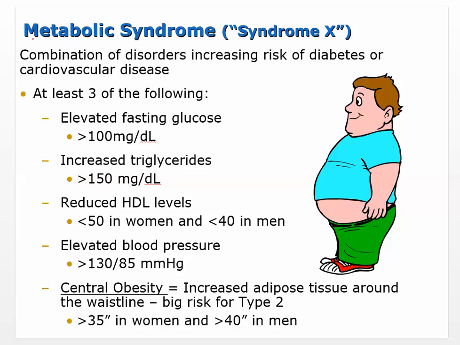Okay, so there's another disorder that's associated with type 2 diabetes. We've already talked about obesity and, I don't want to say a general lack of health, but these things kind of point to that, but with more specifics. It's metabolic syndrome, or sometimes it's called syndrome X. Really, that's just a diagnosis that says that if you don't change your lifestyle, these are the things that are going to happen to you. And so we give it a name, we call it metabolic syndrome, and it's true.